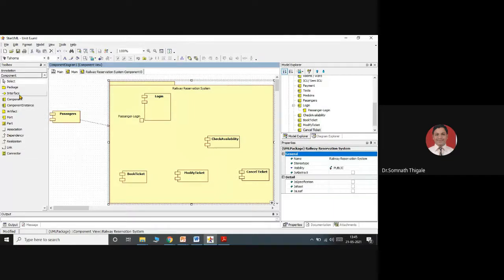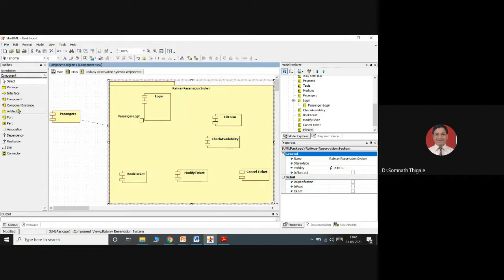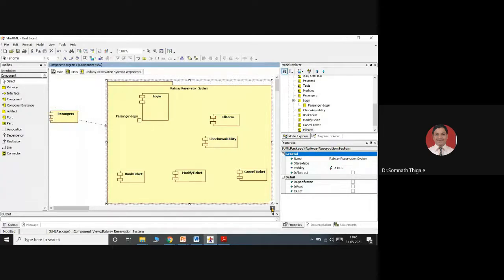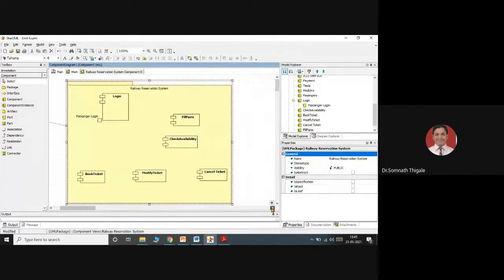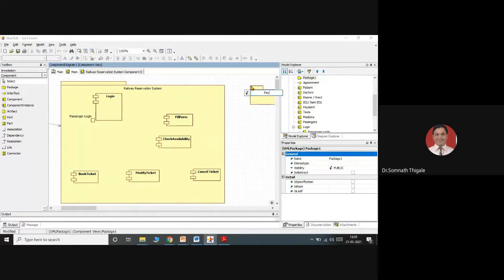So I'll consider fill form based on all these activities. Then just for the representation style, I will consider one more separate package. That package will be the payment package, because there are different ways, different styles to perform the packages. I'll consider this as a payment package. So payment gateway, I will say for simplicity, payment gateway.